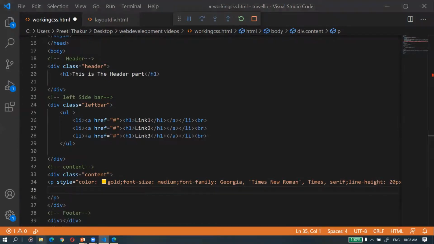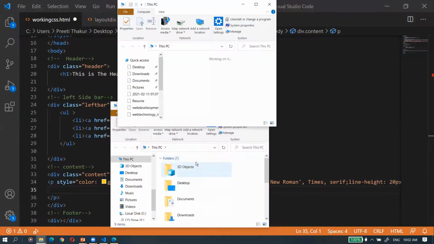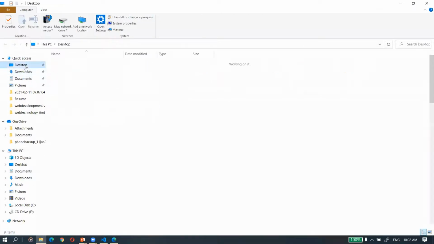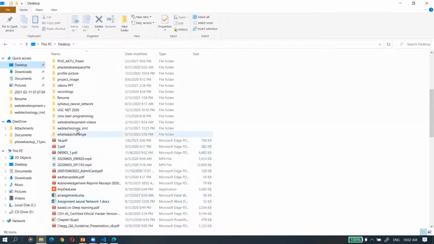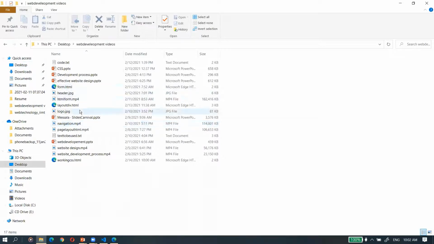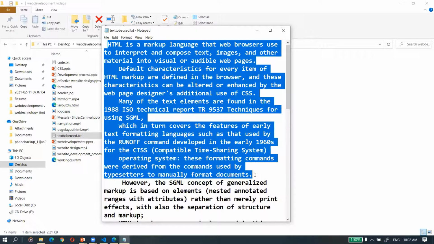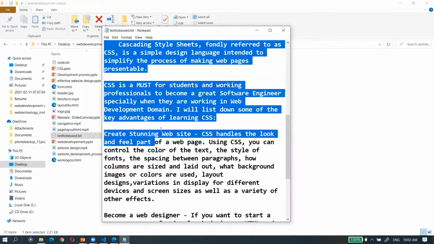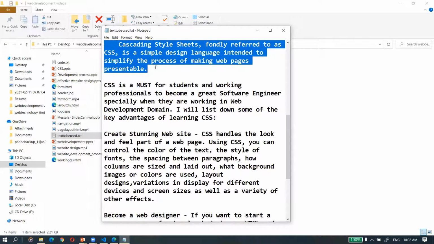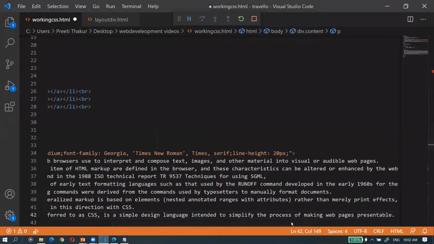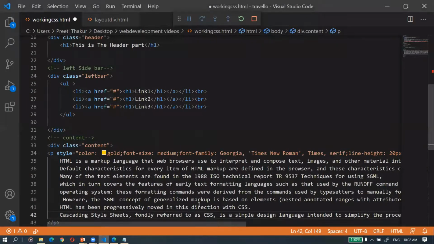So I have one file where I have this particular text. I'm just copying and pasting some of the text from here. Okay, come here and paste it. Okay, perfectly fine.